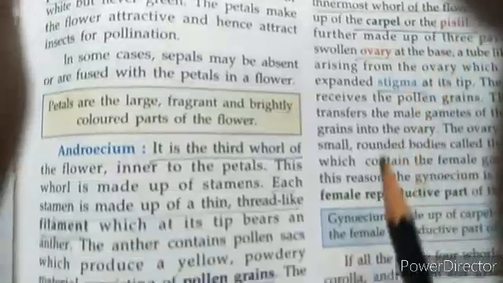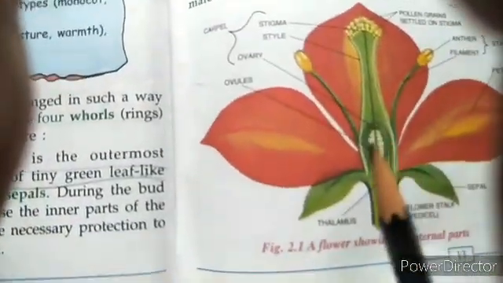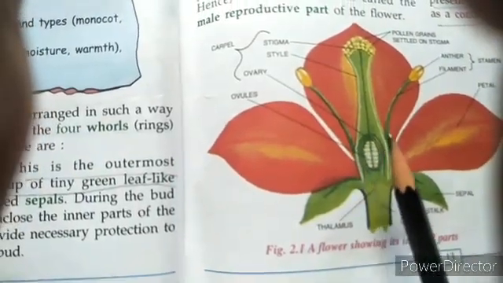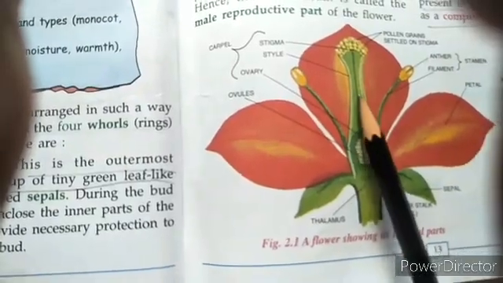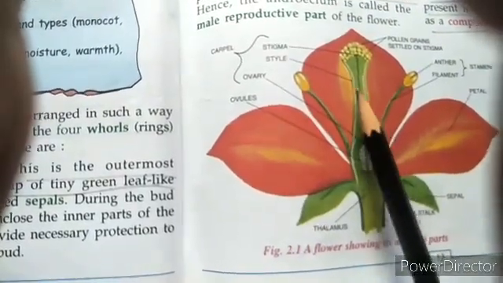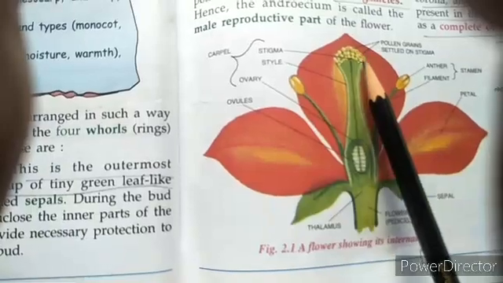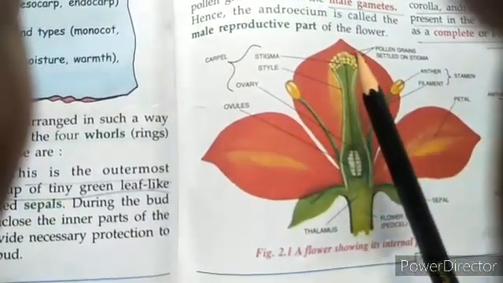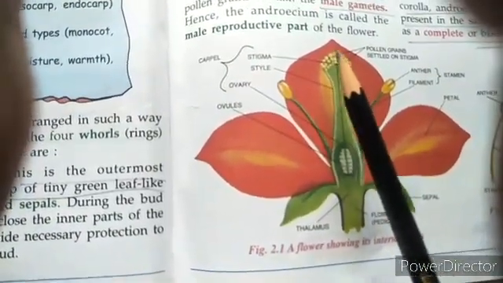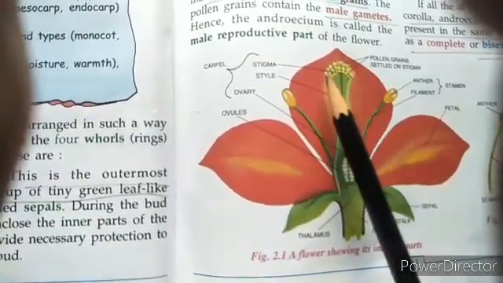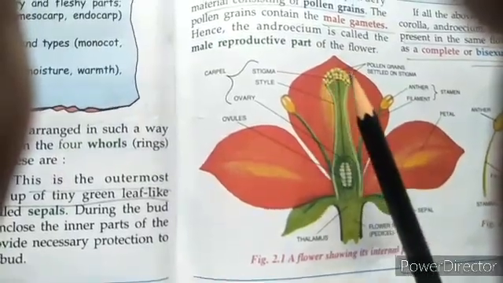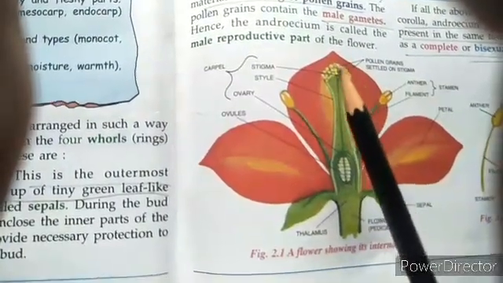Then we came to know about gynoecium. Gynoecium is known as the female reproductive part. If we look into the diagram, we have understood that it has an ovary, then a long tube-like structure that joins the ovary, which we call the style, and at the end there would be a stigma, which would be a sticky surface right on top. The main reason the stigma is there right on top and sticky is that it is the collecting end for the pollen.